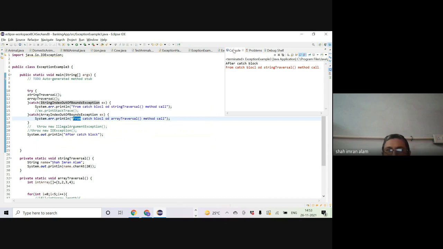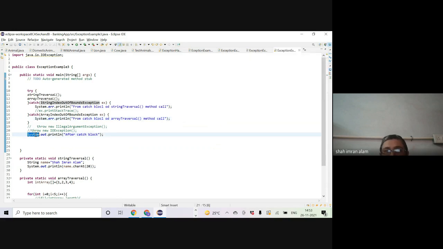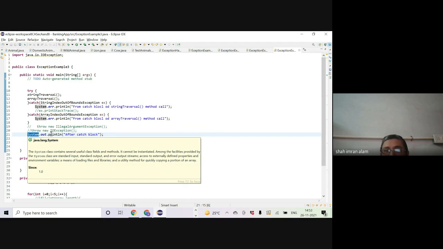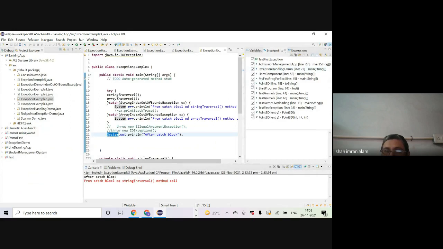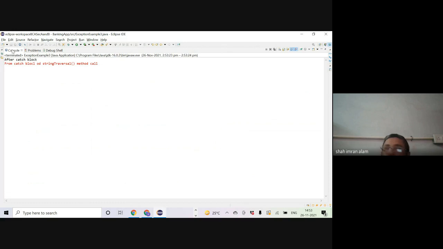So, okay, but you should know that when the control comes to the first catch block, any code which is written in the same try block will not be executed. The code only after the catch block will be executed. So you can see the output as after catch block, but array traversal will not work. ये बात समझ में आई? नहीं आई? देखो क्या है कि अब तक हमने अलग अलग दोनों को हैंडल किया था.